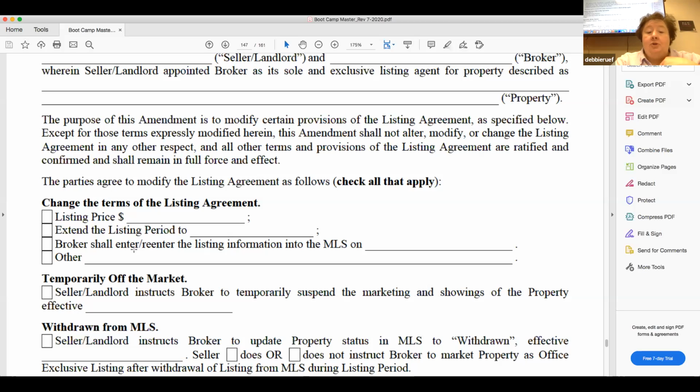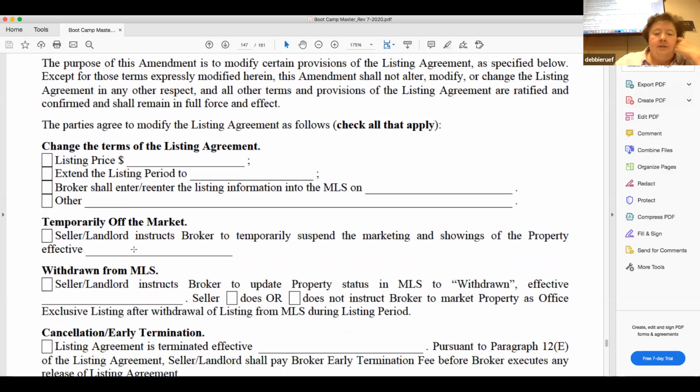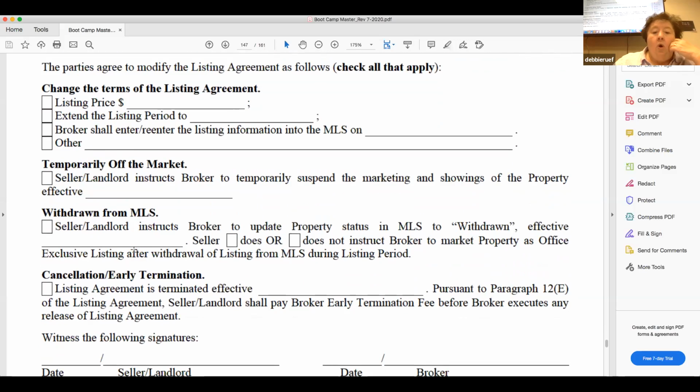Or you're about ready to expire, so you check number 2, and you're going to extend your listing period until December 31st, 2020, as opposed to August 20th or whatever. Broker shall enter or re-enter the listing information in MLS on. So maybe it was temporarily off for some reason, like COVID. Some of us had to take our properties off, for COVID or whatever, or your client gets sick, or another reason could be,